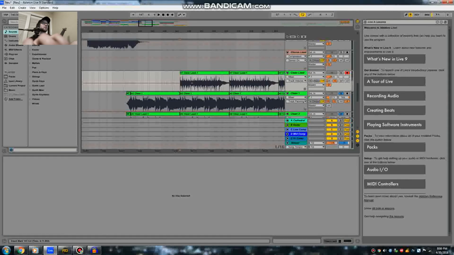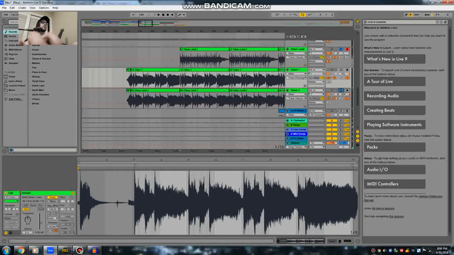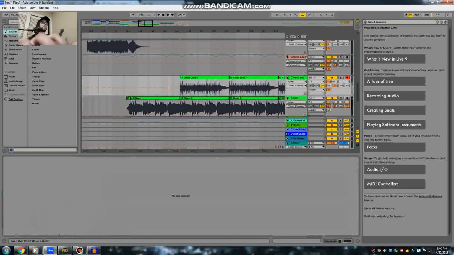After that, I added this clean lead part, which I actually borrowed from my song Mutt Cake, but I changed the key of it, obviously. Mutt Cake's in C sharp minor, this is in E minor. Actually, now I would say it's more like G major sounding, but they have the same notes. So it's kind of hard to tell what time signature you're in just listening to that alone, but if we listen to the whole shebang,